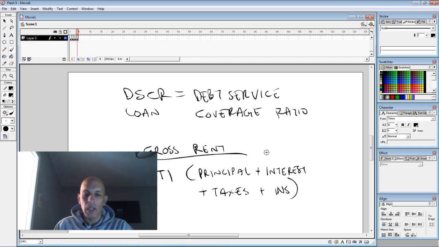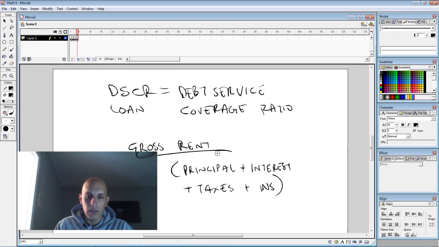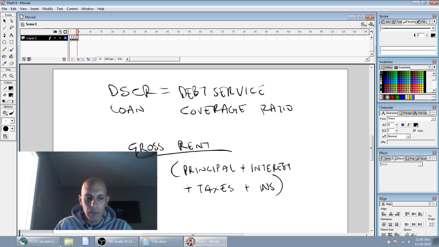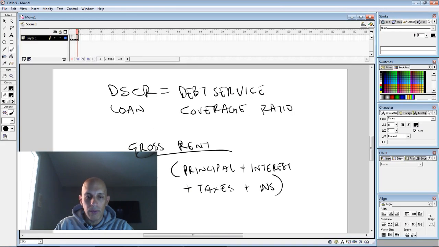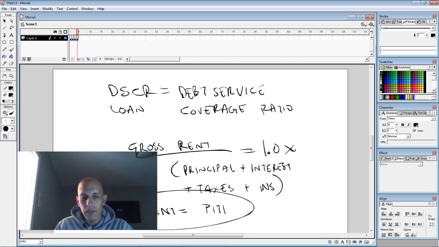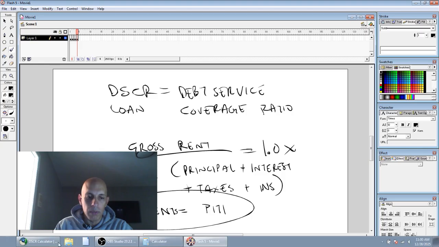So it doesn't even care about the other operating costs. It just cares about the taxes and insurance and the debt payments. So if your gross rents cover that, if gross rents is equal to PITI, that is 1.0x,